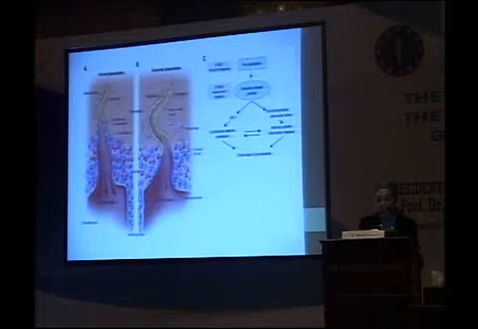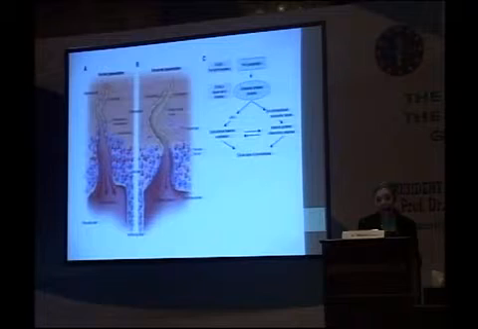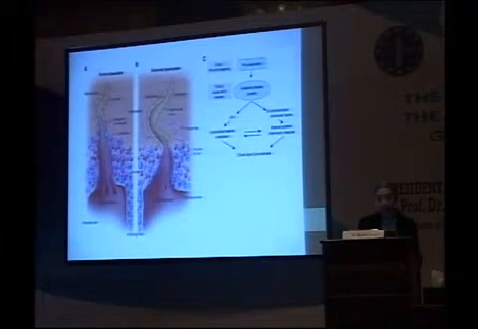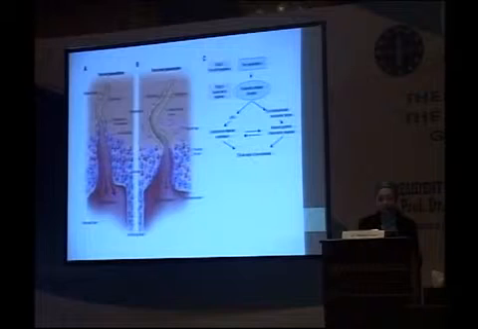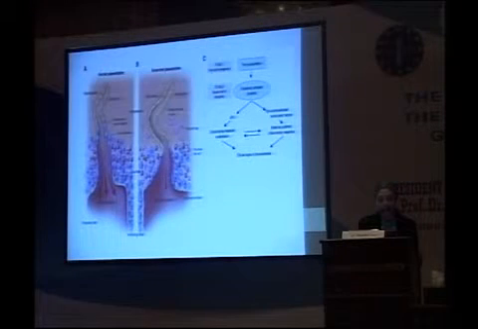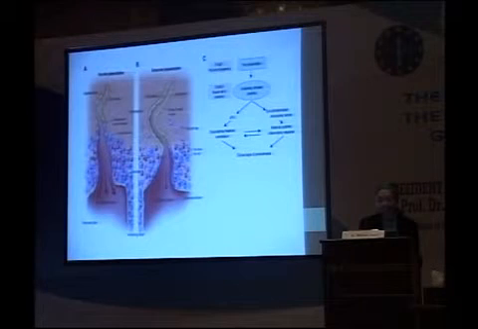This diagram shows a comparison between normal placentation and abnormal placentation. The abnormal placentation happens in preeclampsia with abnormal invasion of the trophoblast into the spiral arteries, with also oxidative stress of the placenta